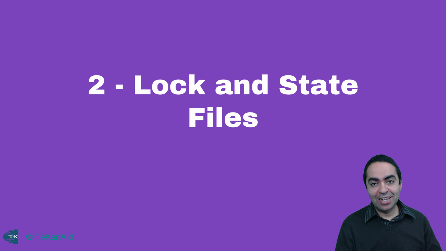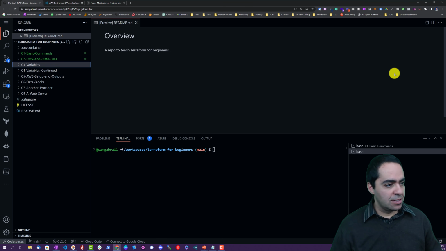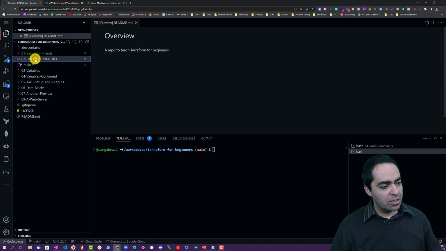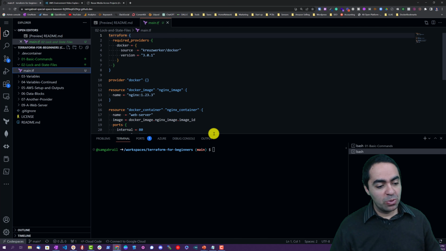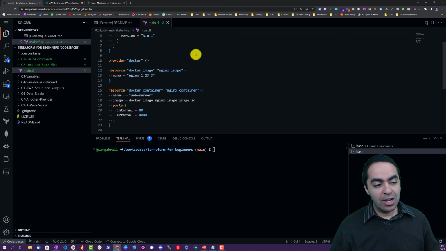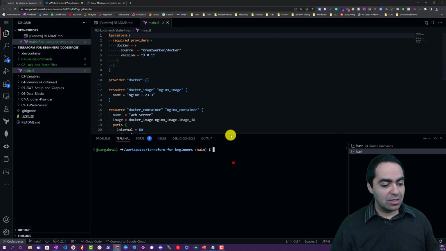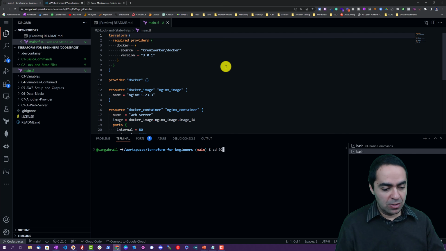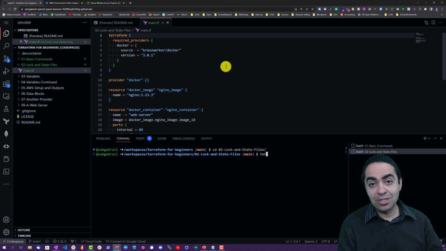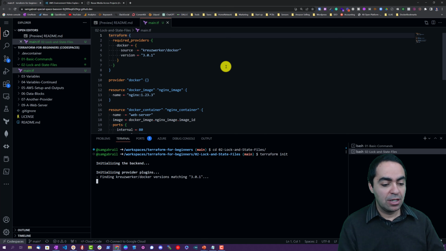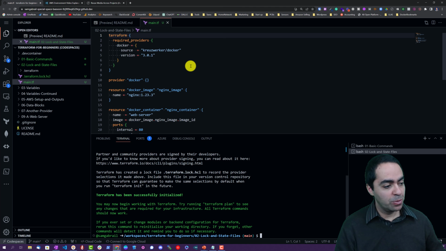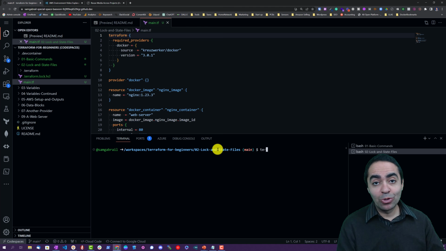Let's now take a look at the lock and state files. So we're back in our repo here, and we are in lecture 2, so lock and state files. And if you notice, if we go to main.tf, it is exactly the same file that we saw before. So let's change directory into this particular folder, and once again initialize our folder with Terraform. So Terraform initialized, and I'm going to show you a way to deploy this with Terraform apply and a flag